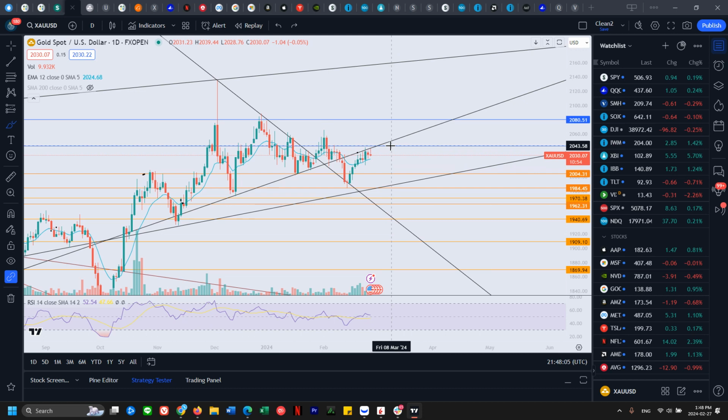And we're also right under this 2043 resistance, the sideways one, which is now coinciding with this black looking line at the same spot. So bulls will have to get over that to have a more significant move to the upside. And if the dollar rolls over on data, then gold will have some more fuel to head higher. So we'll see about that. Dollar is always a headwind for metals. And if we do come down here, I'm looking back down to the 2000 level for support.